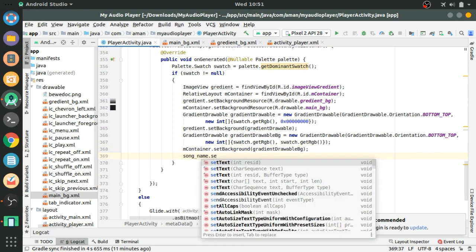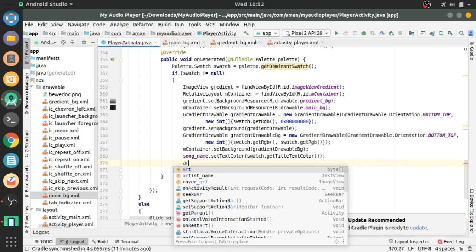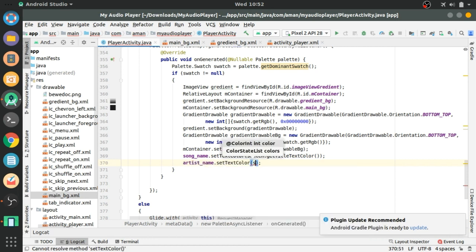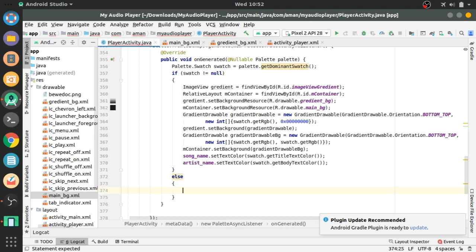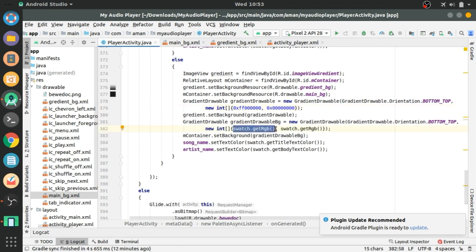Now we have to change the text color of our song name and artist name using these methods. artist.setTextColor swatch.getBodyTextColor, and just copy this, and after that in the else block, that means art is equal to null, we will change this to 0xff and six zeros, and here 0xff and six zeros, and also copy this and just delete this and paste it here.